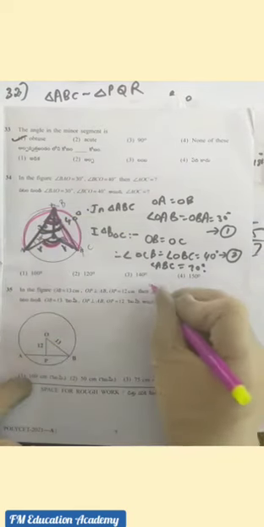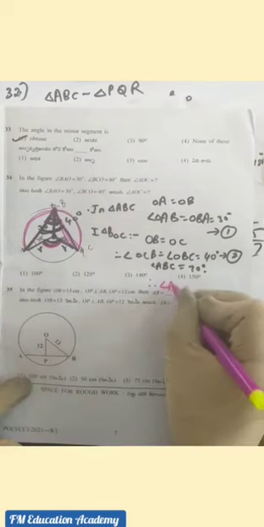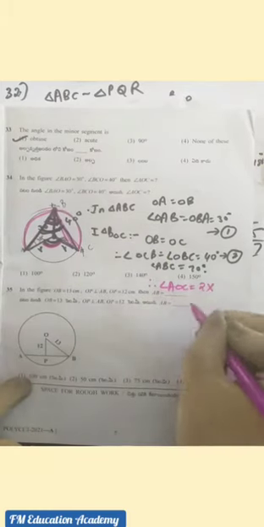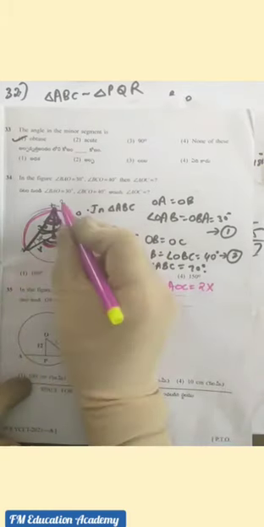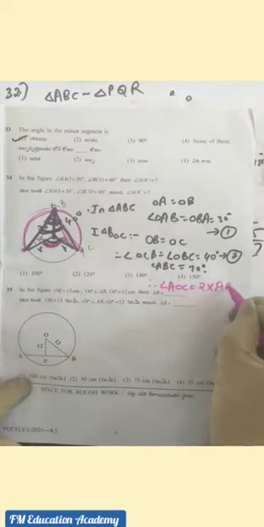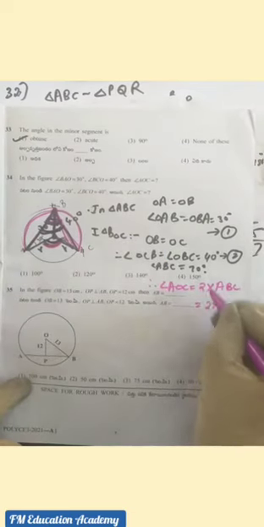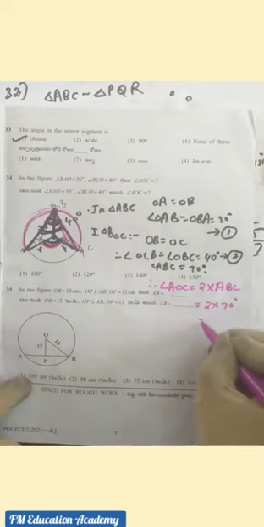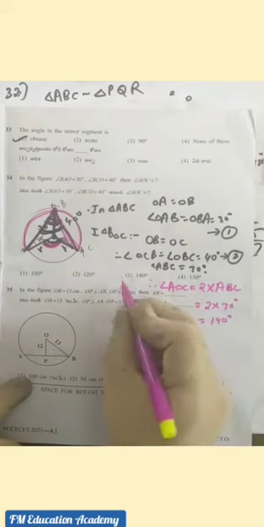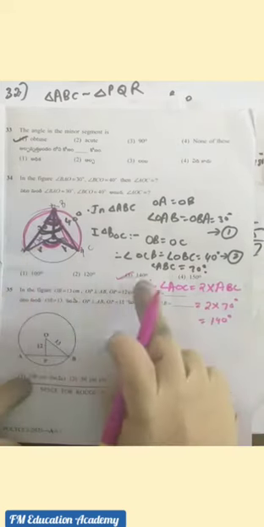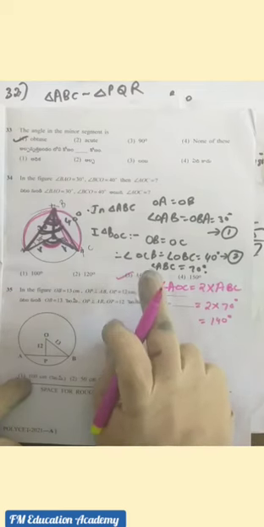So, at this point of the arc, this angle will be equal to 2 times of this angle. So, here we can say that angle AOC will be equal to 2 times of angle ABC, that is equal to 2 times of 70 degree, which we just found out. 2 times 70 is 140 degree. In which option is 140 degree? Third option. So 34th question, the answer is the third option, that is 140 degree.